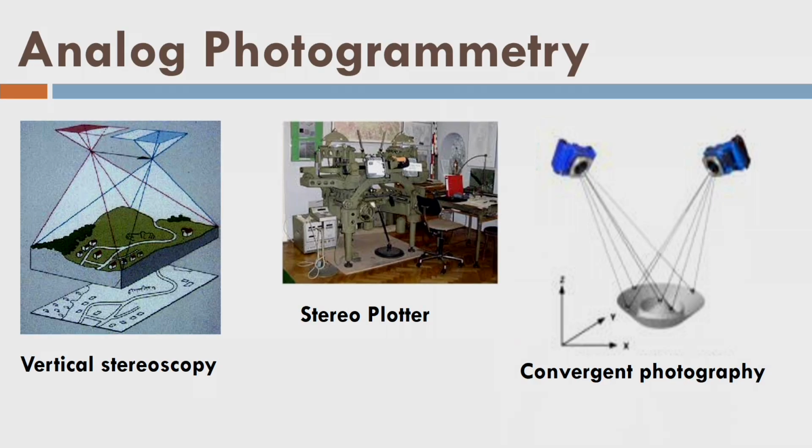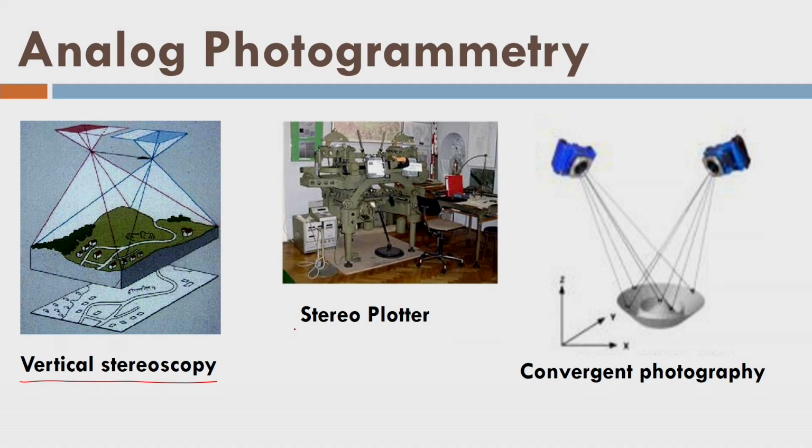Okay. So, in the case of analog photogrammetry also, this is the idea of vertical stereoscopy, having 2 images put together simultaneously and trying to find out the coordinate of a point in 3 dimensions. So, there are 2-dimensional images, I am putting 2 images together and trying to find out the 3D coordinate, and we will see all these concepts very carefully in this module. Okay. In those days, they used to have mechanical machines like stereo plotters, and they used these to create the 3D model using photos acquired from aerial photographs or maybe terrestrial ones.